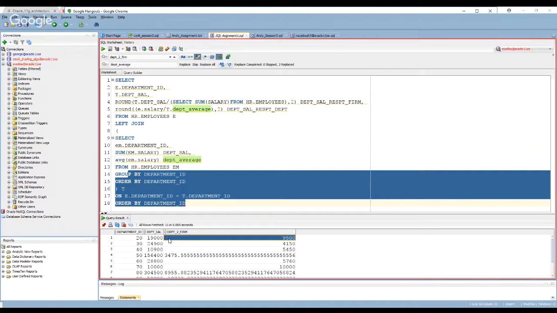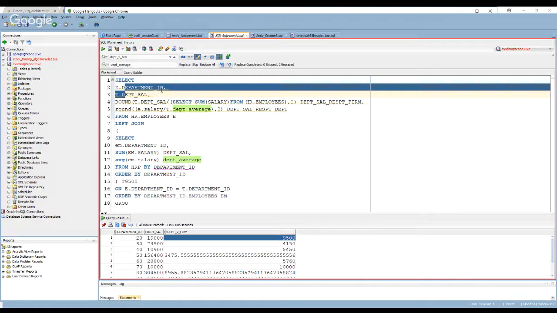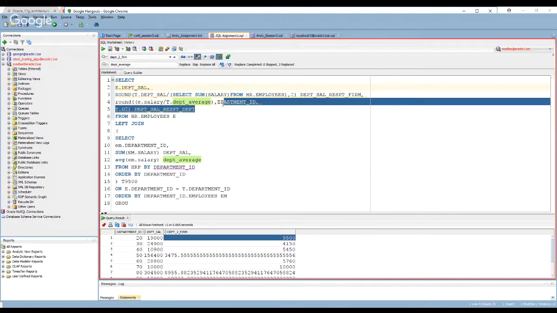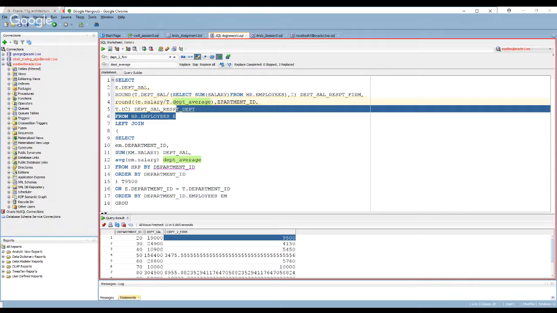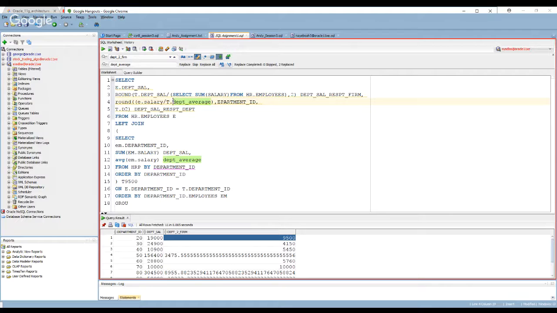So once I got that, then I came up here, and then that's when I did my calculation to get for each department the department salary, the department salary relative to the whole firm, and then the average. Yes, and then I was trying to answer the two questions in the same.